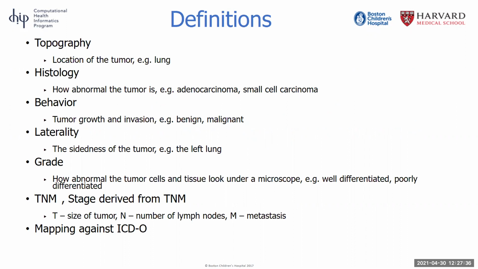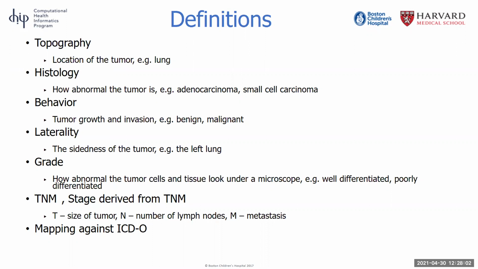These attributes are what's called reportable attributes. Each cancer case has to be reported to a central cancer tumor registry, and each case has to be associated with these 6 attributes. So topography is the location of the tumor, and there is a major and a minor